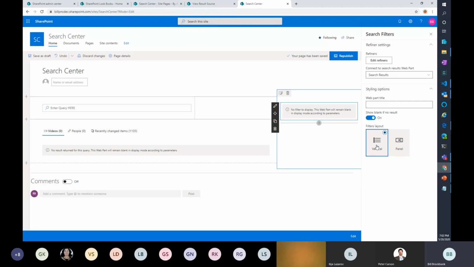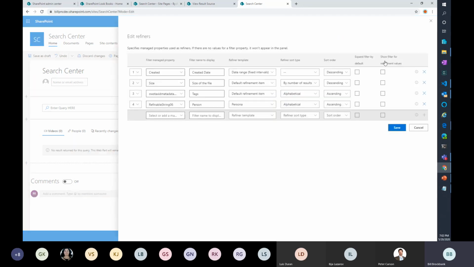Sometimes if you've got a lot of metadata, I had one case where we have like 100 some odd possible values for one of the metadata, it gets very long and wrap issues show up. That was happening on the old one. I still want to see what happens with the new one, whether they fix that issue. But from here, you don't see much more than that. The key value here is the refiner settings. This is where you can go add your custom refiners to your list.